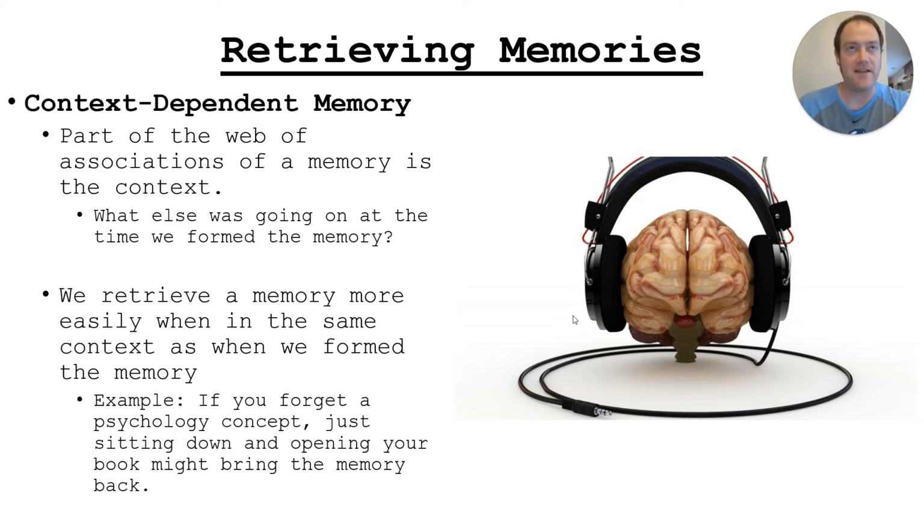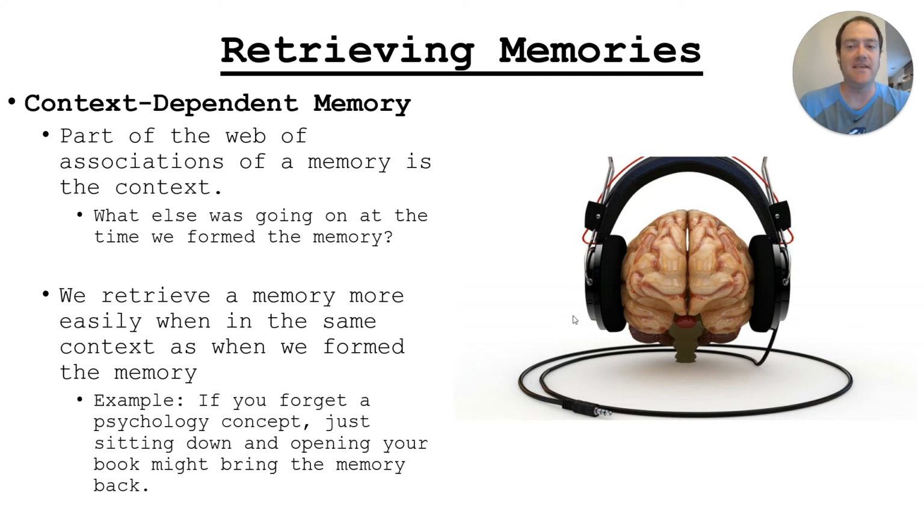One way you can also think about this is song lyrics. I know that sounds kind of weird, but if someone were to ask you what are the lyrics to this song, you may be able to just spout it off from memory. What you're probably going to do is start humming the song or playing it in your head, and then say the lyrics back like it's sung, because that's how you remember it in the first place. The context is the music, not the words themselves. So the words themselves are easier to say if you put your mind in the same context in which the memory was made.